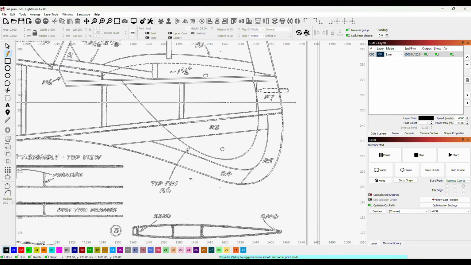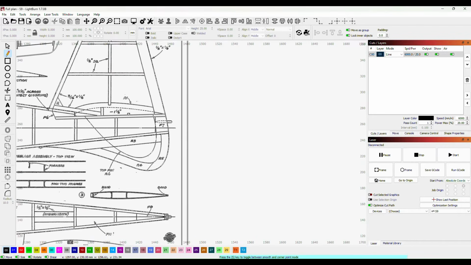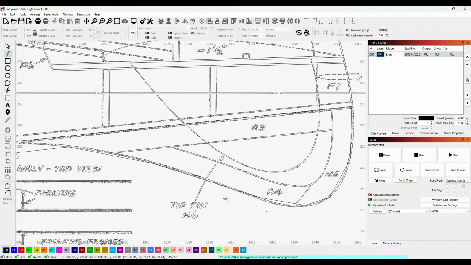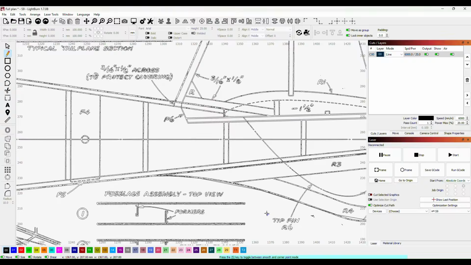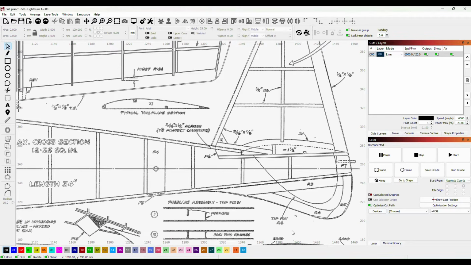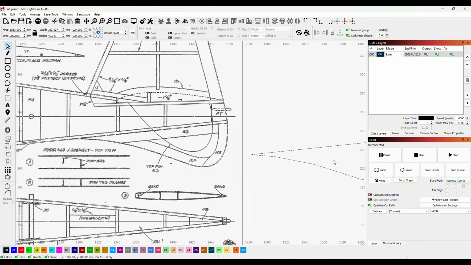If I just take a line, and then all I'm going to do is put several points going round the curve, and I think if we just drag this to one side, what we'll be able to do is